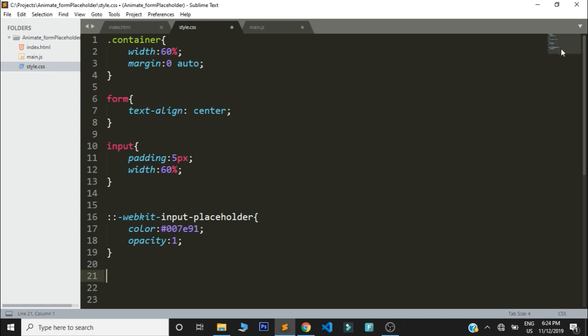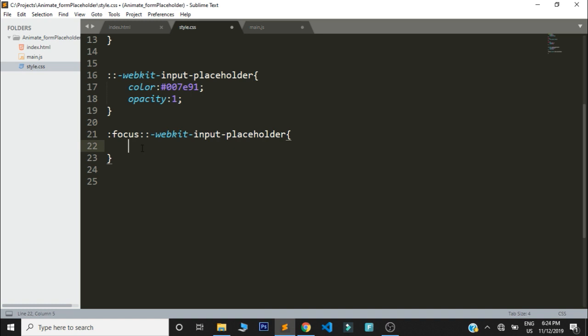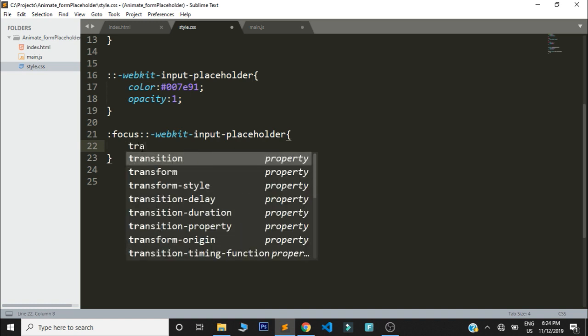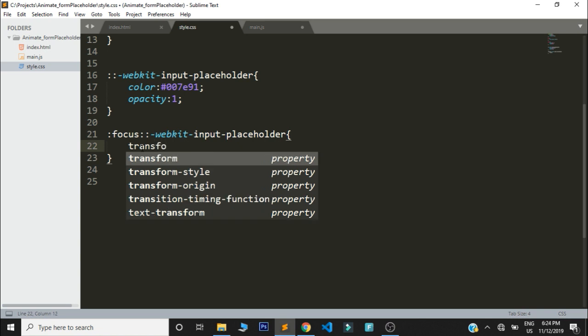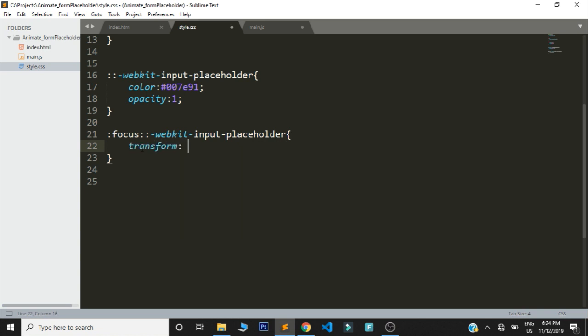Then let us also target the event when the user focuses into the input field. We shall use focus as the pseudo selector. I wonder why this one keeps on popping up. Then we use that non-standard selector and we say WebKit. Then we select the input field plus the attribute that we want to style, which is this placeholder. Let me scroll up. Then for this, we are going to use the transform property, and we are going to use translate,